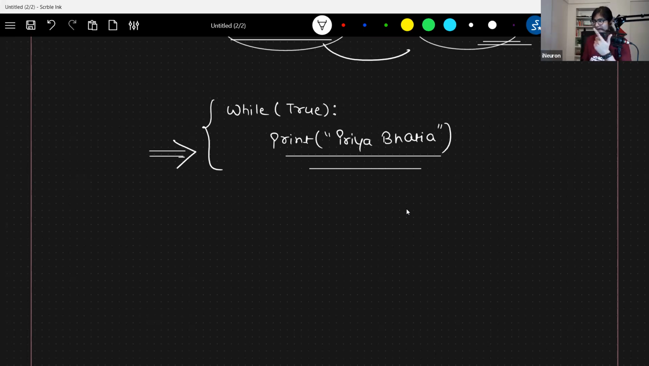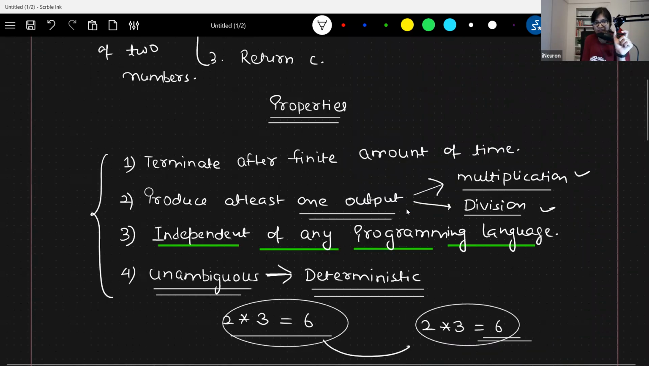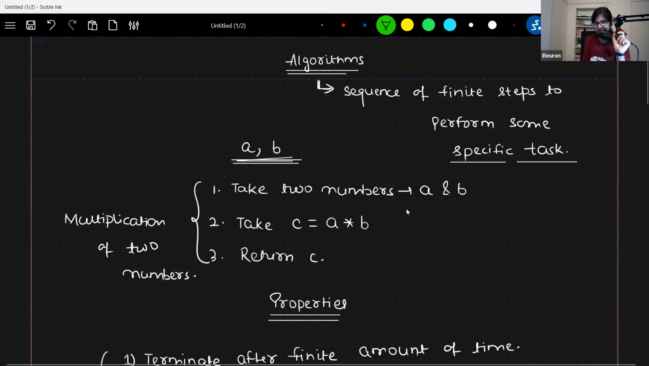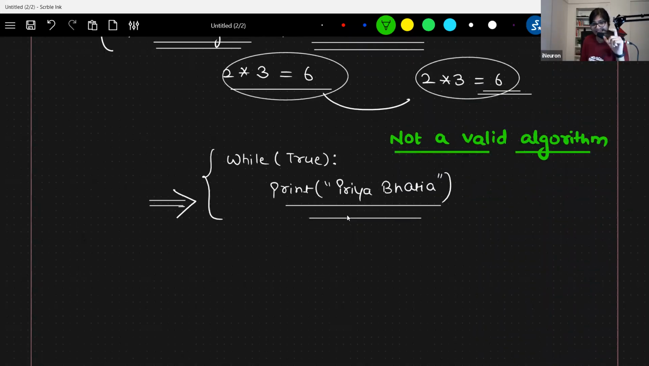Many people are saying no, but there are some students who are saying yes. Why yes? Why is it a valid one? It's no. It's straightforward. It's not a valid algorithm. Who will give me the reason? Why is that so? Because if you see what the property of an algorithm is, it should terminate after a finite amount of time. We are writing finite steps. That is fine, right? The task is to print my name, Priya Bhatia,